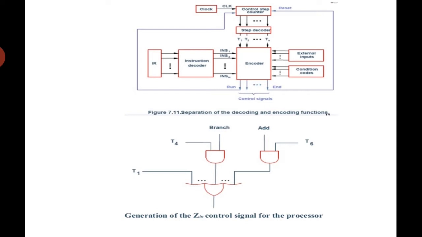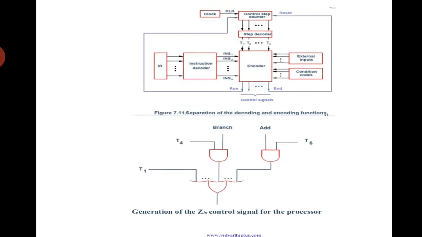Now we will consider another example, which generates the end control signal. After the complete execution of an instruction, at the end we will get the end control signal. If the end control signal is activated, it means the execution of the instruction is completed, and next we have to execute another instruction. For this end control signal,